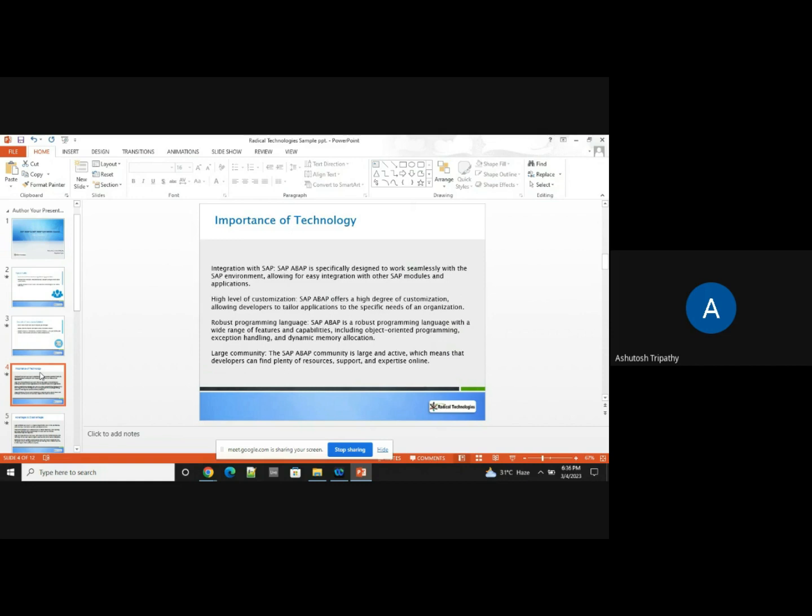Similarly, SAP has its own community, where you can directly go and ask SAP, the support, or any expert. Basically, it's a forum to ask any questions. So a large community of ABAP is already present, which you can utilize.